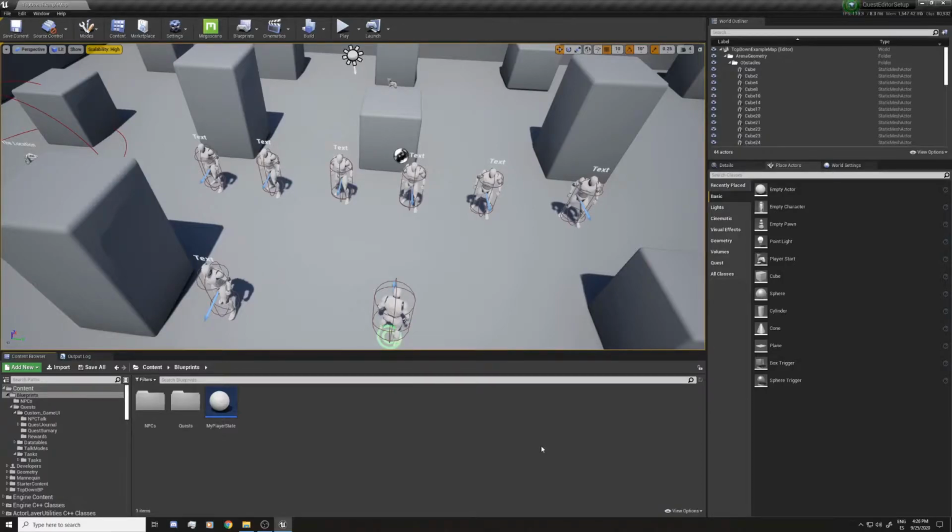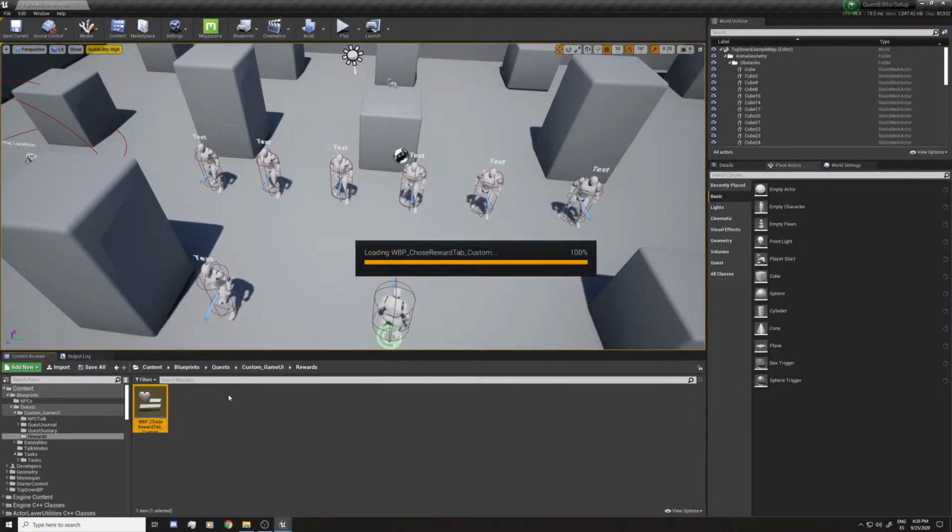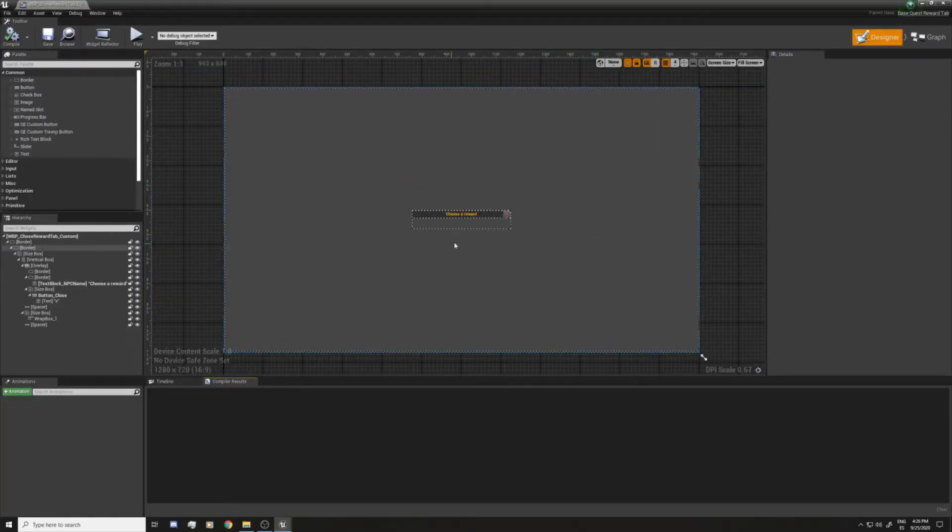So there are 3 blueprints that are important for the system. The first one is the tab that shows in the UI for the game all the rewards. I'm gonna show it. That is already included in the plugin as an example. I already copied this UI into this project. You can find it in the plugin example UIs. And it looks like this.